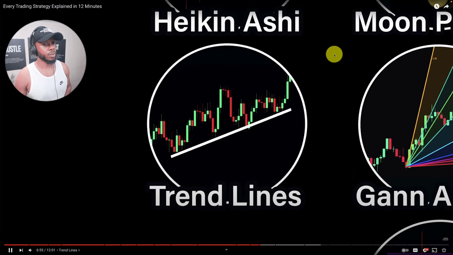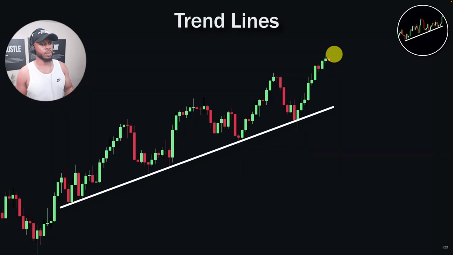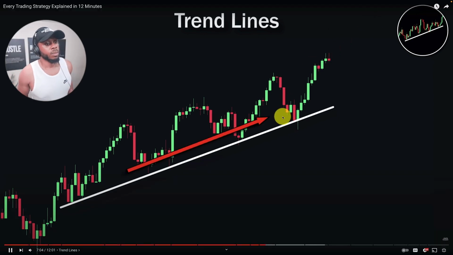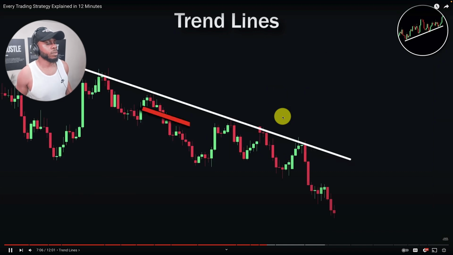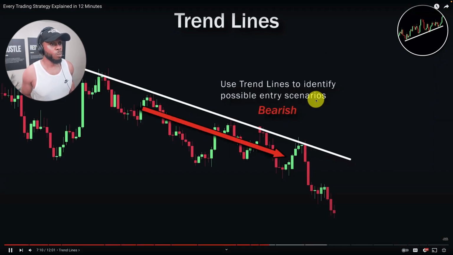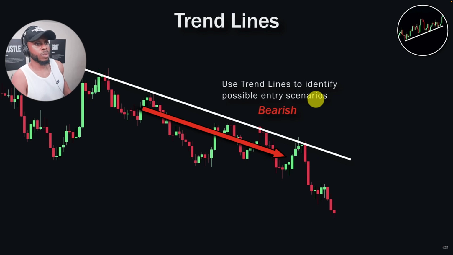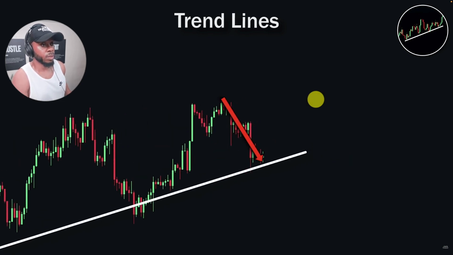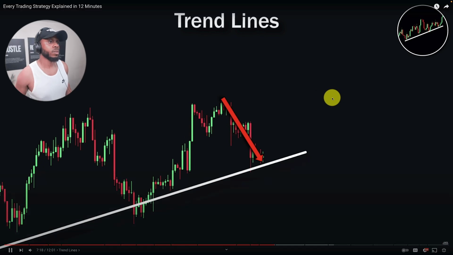Trend lines. Trend lines are key levels that form diagonally during a trending market. You can use trend lines to identify the overall direction of the price. Upwards trend line means bullish. Downwards trend line means bearish. And similar to support and resistance, you can also use the trend line to identify possible entry scenarios. For example, if price retraces back to a trend line, it can be a good opportunity to take a buy